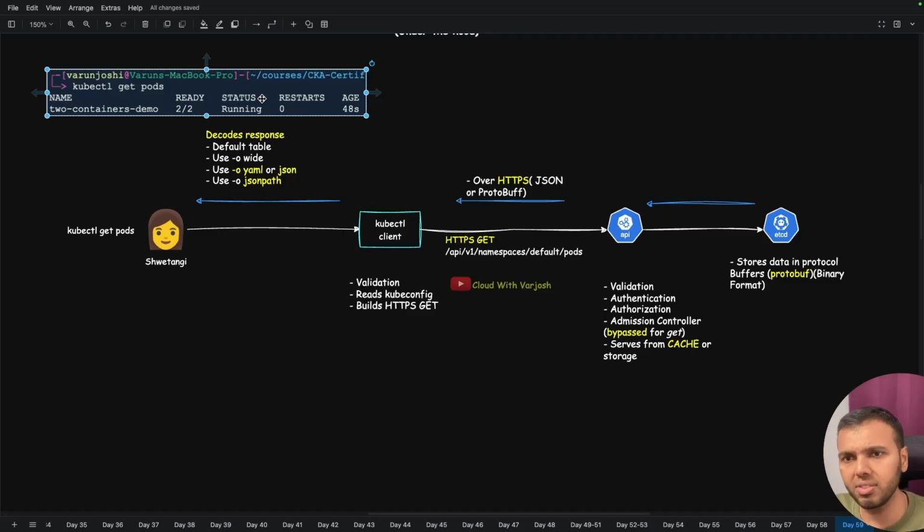And if you want some more information, like if you want to know the IP address of the pod and on which node the pod is running, then you can also add -o wide. And when you run this command with -o wide, the kubectl client will give you the additional information. Similarly, you can use -o YAML or JSON as well to see all the fields that are